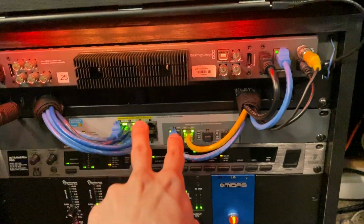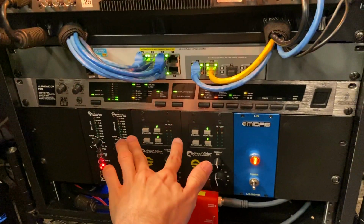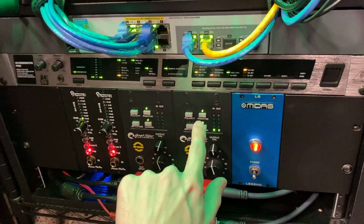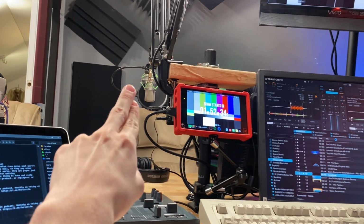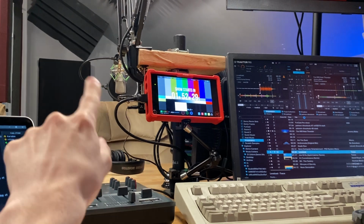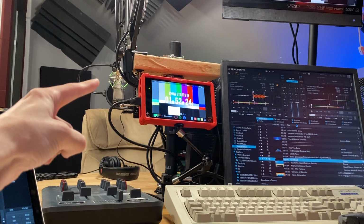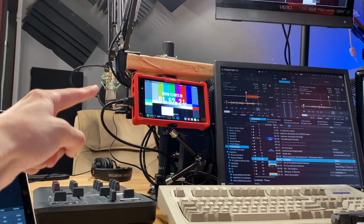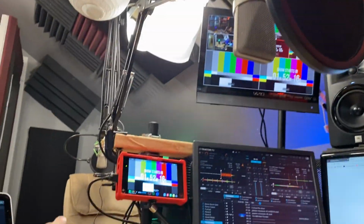So this is a PoE Ethernet switch powering all of the Dante gear. There's some behind here that plug into our preamps. I use Great River preamps for the U87 microphone there. And then I use Fredenstein preamps for the CAD microphones, just like the cheap Neumann knockoff K67 capsule condensers. Believe it or not, you throw a low pass on these, and they sound surprisingly close to these U87s, which is kind of funny. But anyway,